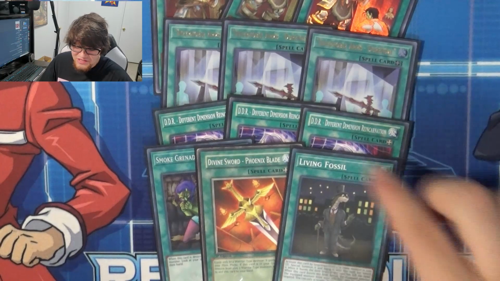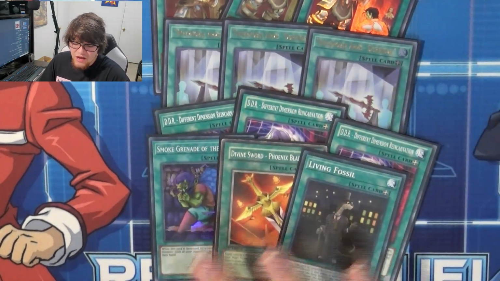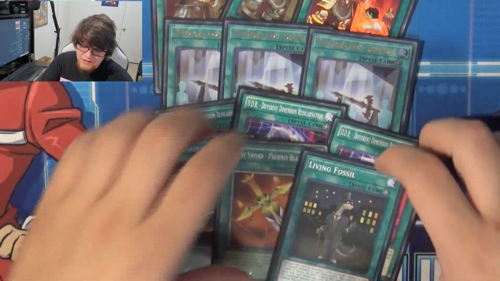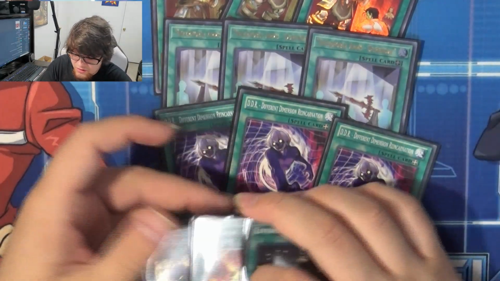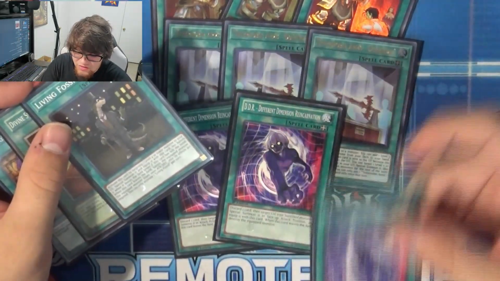And then Living Fossil, because these are all the ones, like these two you need to play, and then this one you don't mind drawing. And typically the ones you'll send off of Assault are the Smoke Grenade, the Phoenix, the Living, and the Durandal. But there have been times where I've drawn this,